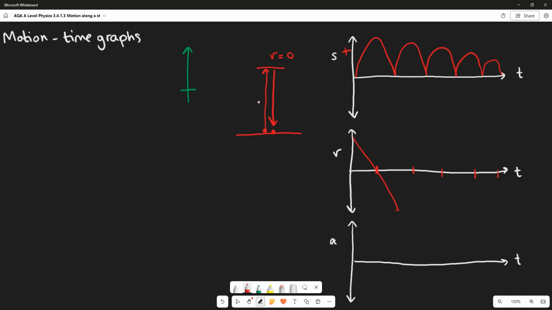It then changes its direction and starts heading upwards again. Like this. Except, as it loses energy, it's reaching a lower height each time, so the velocity isn't going to